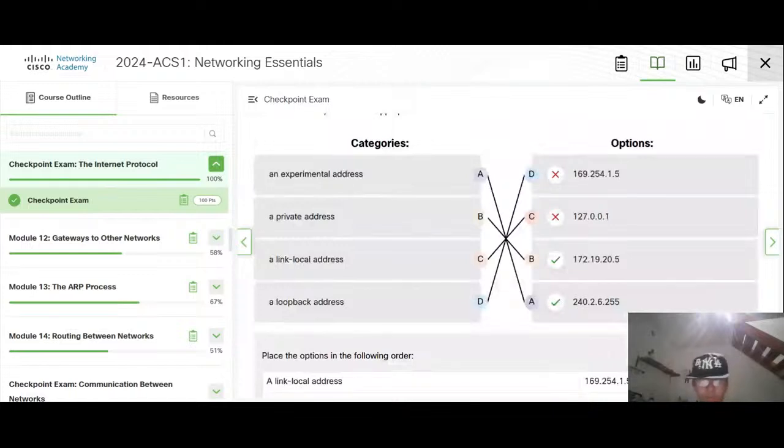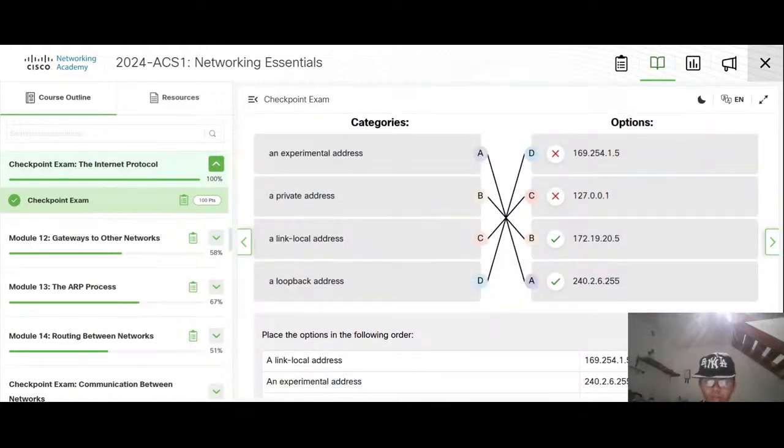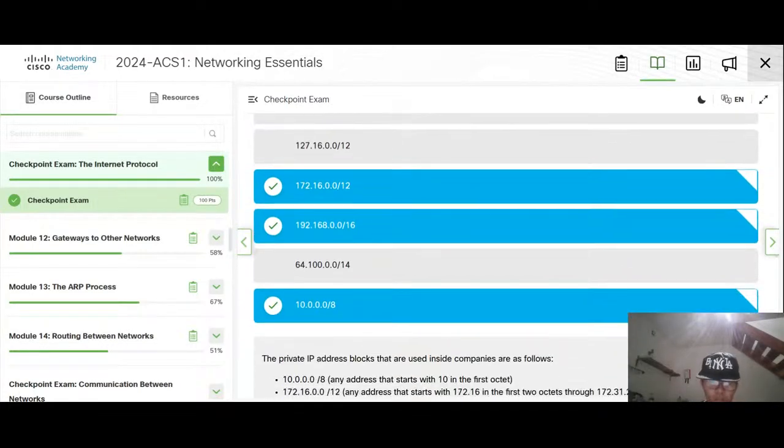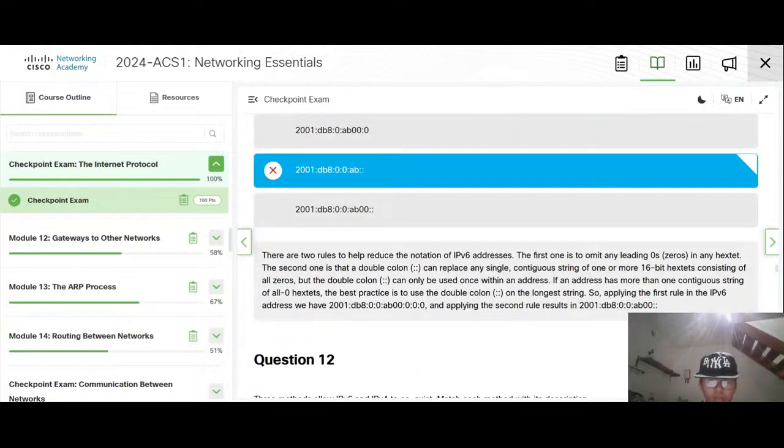Okay. Oh, so link local address. Oh yeah, it's link local, loopback. Okay, it's my fault. Oh, really?